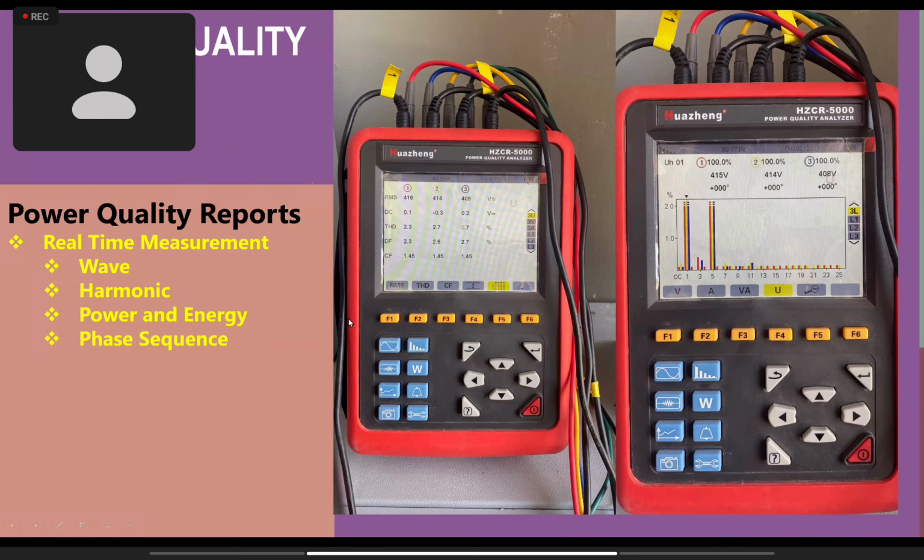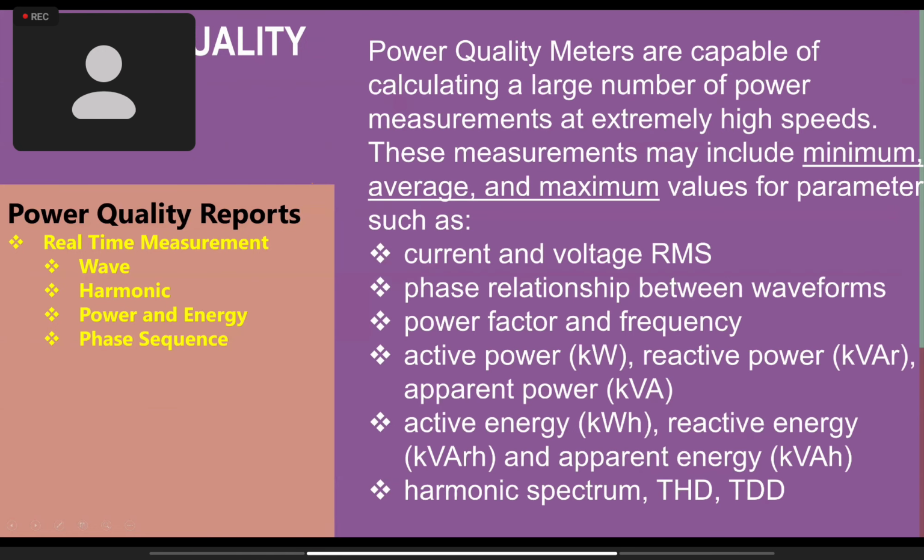Yan. So, power quality meters are capable of calculating large number of power measurements at extremely high speeds. So, these measurements include the minimum, average, maximum values for the parameters such as current and voltage, phase relationship of waveforms, power factor and frequency, active power in kilowatt, reactive power in kVAR, power in kVA. It can also measure the active energy in kilowatt hours. So ito na component, pag nagamit mo na maganda, na setting mo rin na maganda, then you can use this one for power